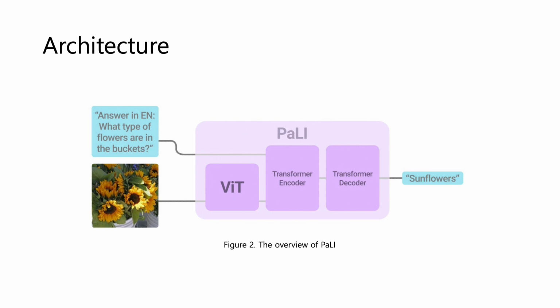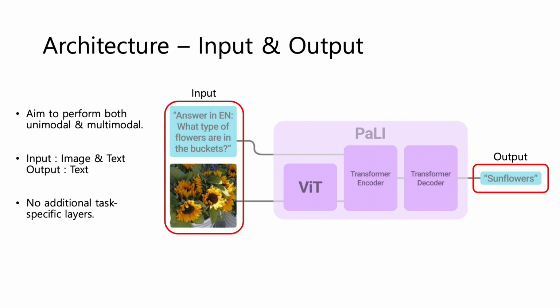First, I introduce PaLI's architecture. We design a simple architecture for processing multimodal inputs. PaLI uses a text encoder-decoder transformer with a vision transformer for processing image input. We aim to perform both unimodal and multimodal tasks, so we resolve this by using a general interface for all tasks considered. The model accepts as input an image and text string and generates text as output. The model does not need task-specific parameters or heads. We use text-based prompts to indicate to the model which task to perform.